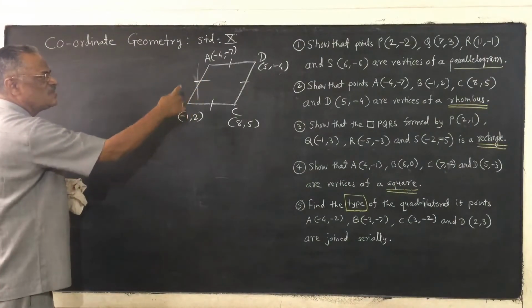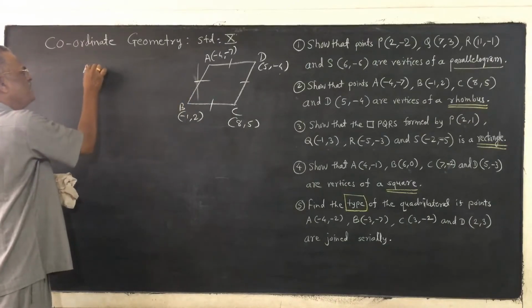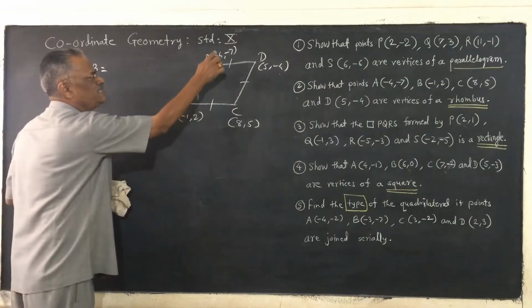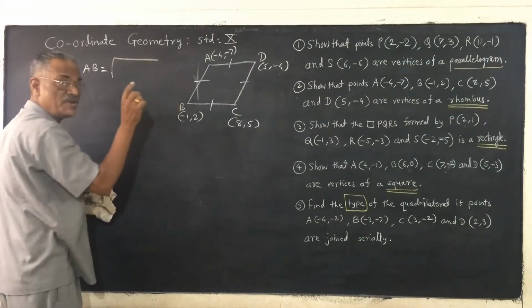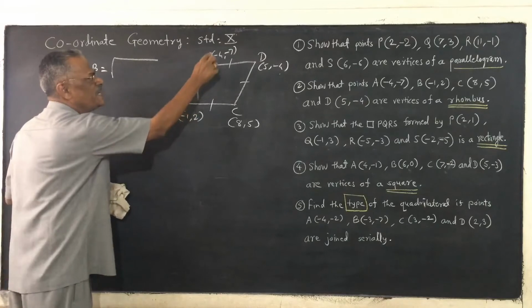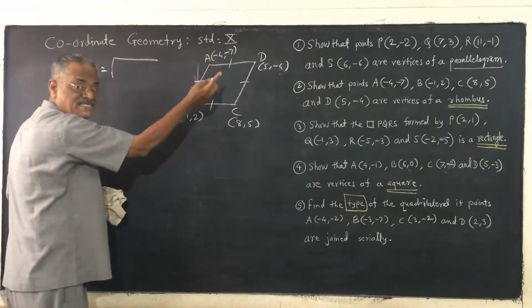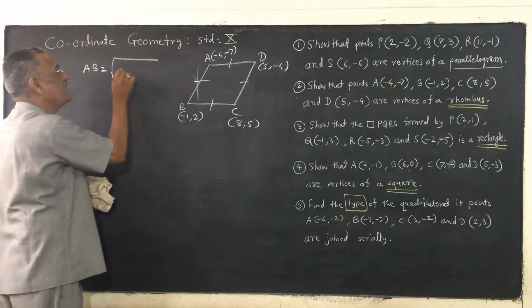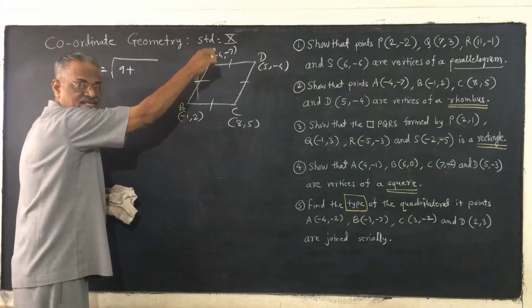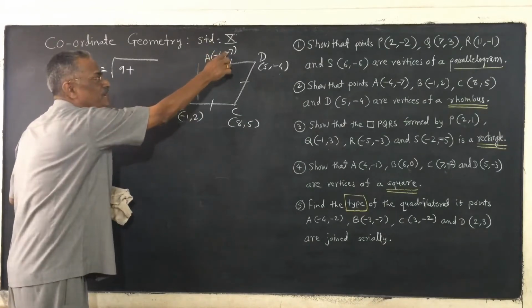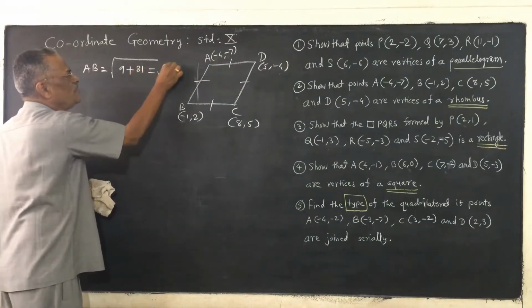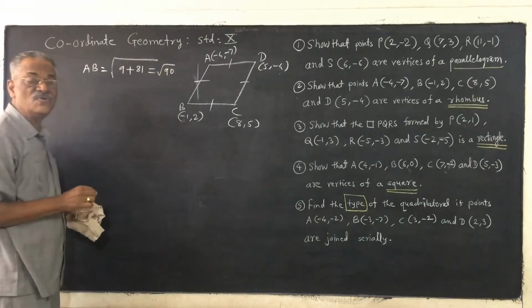To show that it is a rhombus, first you calculate AB. Remember that you are using the distance formula, x2 minus x1. This is your second point. So x2 minus x1, you are getting -3. And you know that -3 squared is 9, plus 2 minus -7. So it is negative, it will become positive. 2 plus 7, 9. 9 squared is 81. So you are getting root 90.